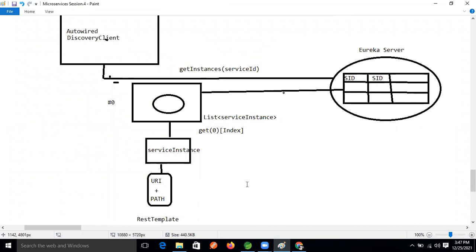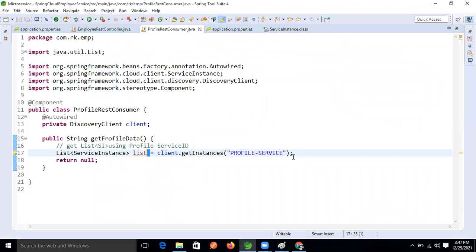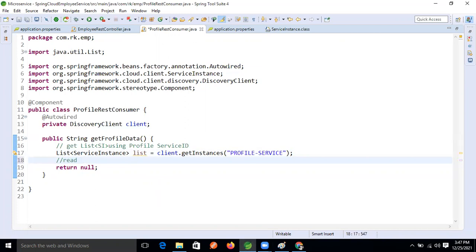Okay, so now come here. I'm giving the comment also, guys. Read a single instance, the first single instance from index 0.